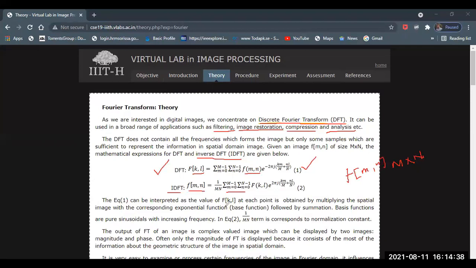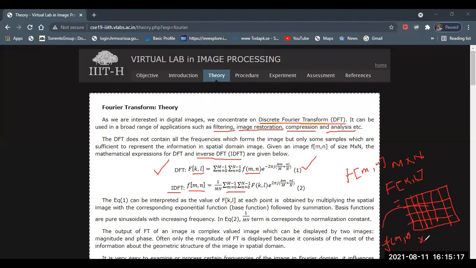Now equation 1 can be interpreted as follows: the value of capital F of K L at each point is obtained by multiplying the spatial image with the corresponding exponential base function. So let us say F of K L. Now how is each point of F of K L obtained? Suppose this is my representation of F of K L. Each point is obtained by multiplying each point of the original image f of m n